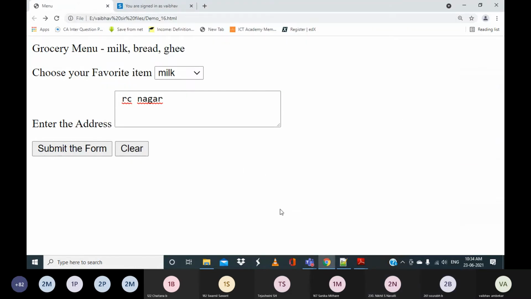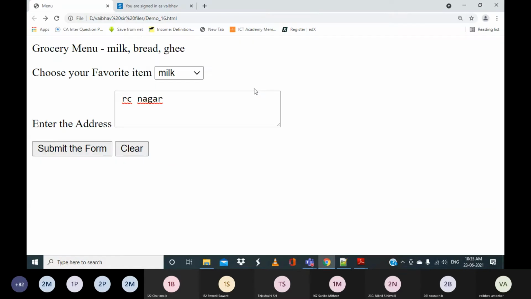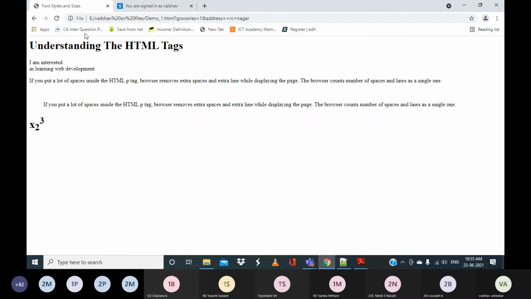Okay. So we were discussing the attribute called target equal to blank. If I do not specify this, and if I just enter the data and click on submit, just see the change. It will go to the different page whatever we have mentioned in the action, but it will appear on the same tab.